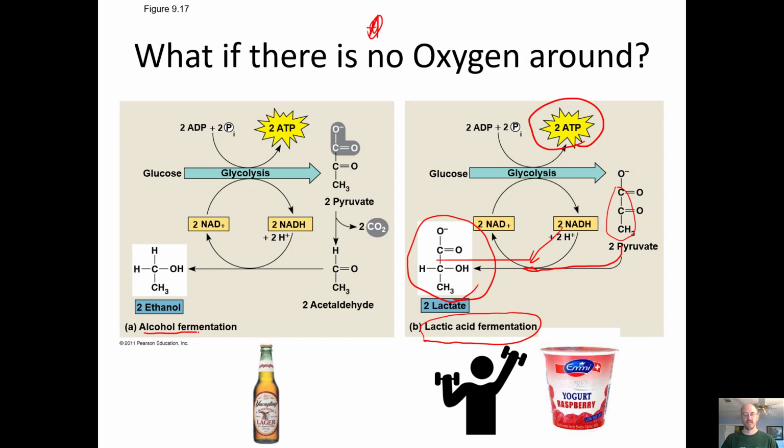Alcohol fermentation occurs in yeast and some bacteria. We don't do this. Otherwise, we'd all be really fit, right? What happens, it's almost the same as what we do. They do the same thing. Glucose is broken down to 2 pyruvates. Once again, there's your 2 pyruvates. But they have an extra step that we don't have. This molecule right here,